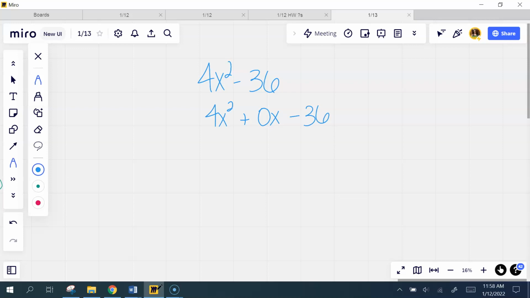Now you can see that it's a quadratic. Let's take the GCF out. GCF here, of course, is 4. It leaves me with x squared plus 0x minus 9. And now multiply the first and the last together. So it multiplies to negative 9x squared. Again, I'm multiplying to a negative,